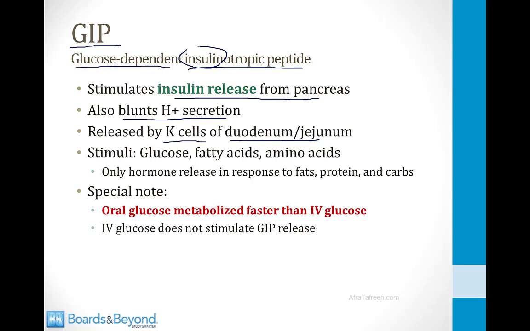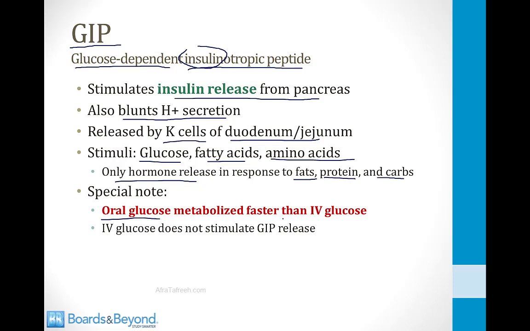And the stimuli for the release of GIP include glucose, fatty acids, and amino acids. And it's unique in that it's the only hormone that's released in response to all three types of foods: fats, proteins, and carbs. And the most high-yield thing to know about GIP is that because of this hormone, oral glucose